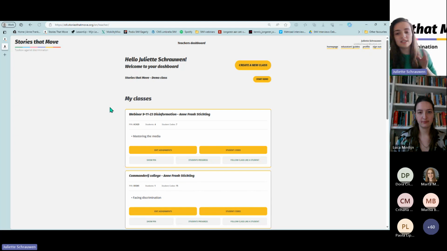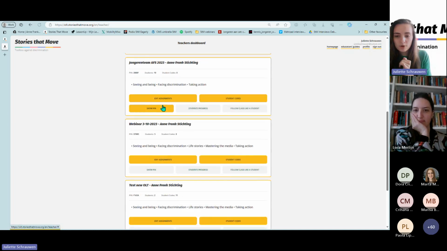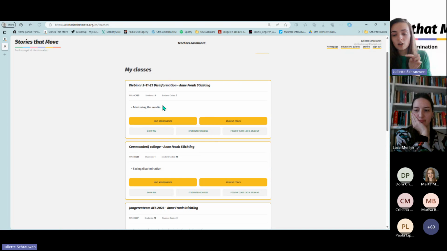And here you can see this is your teacher's dashboard where you come when you log into the tool, and you have an option to make classes. I already have some classes here. What's good about this, because students can log in, is that you can make a class that is only used by one of your classes.